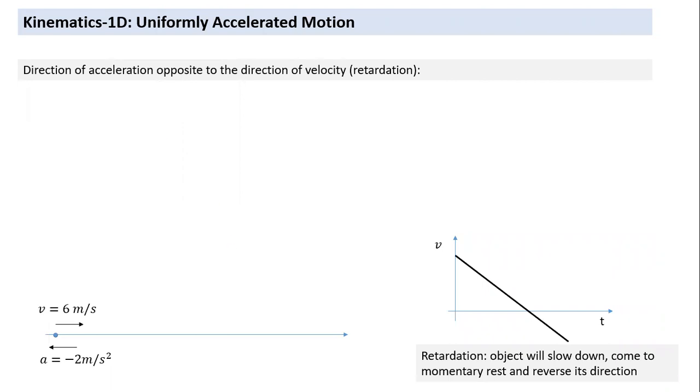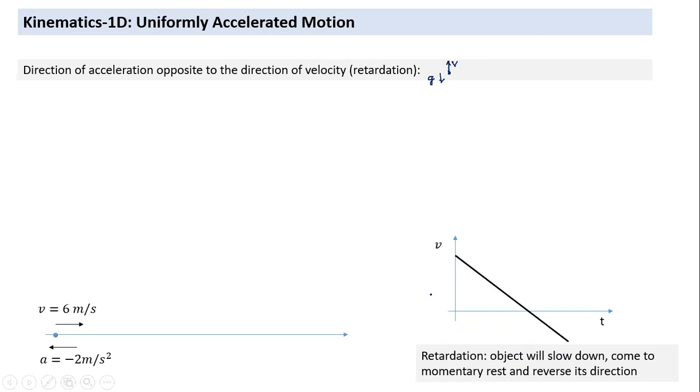One common thing we need to understand: whenever the direction of acceleration is opposite to the direction of velocity, we call it retardation. So when we throw an object vertically up, it suffers a retardation. That's a very typical example of uniform retardation, acceleration being opposite to the direction of velocity. In terms of a graph, this is what the shape will look like. The object will slow down, as we just discussed.